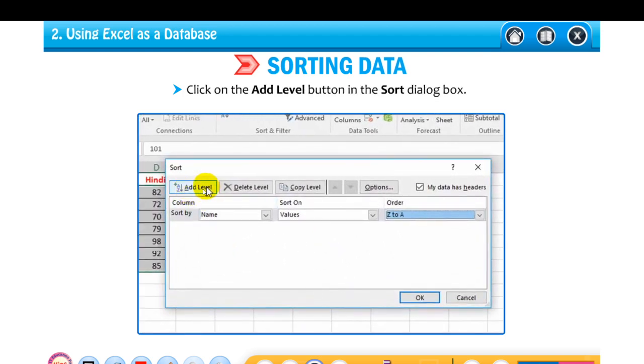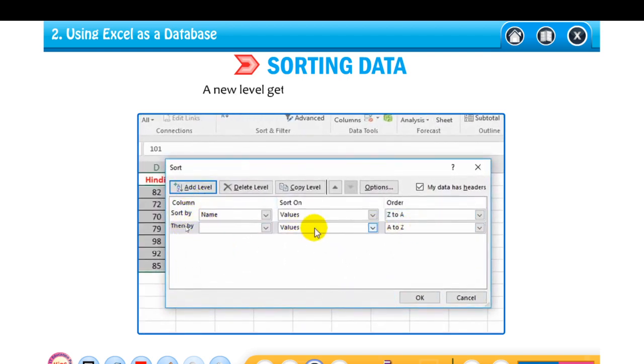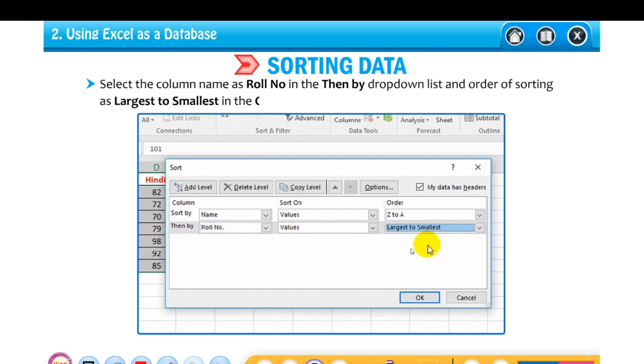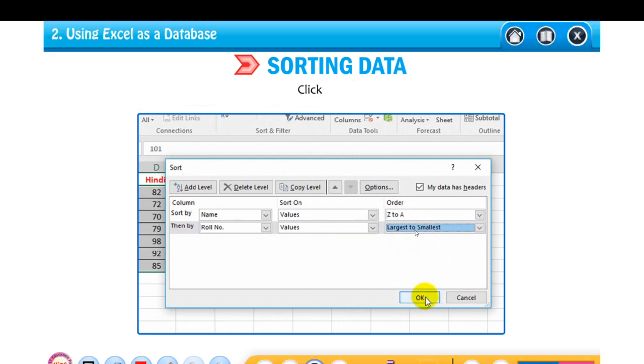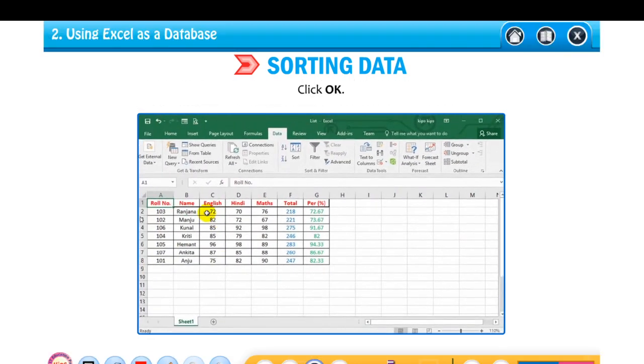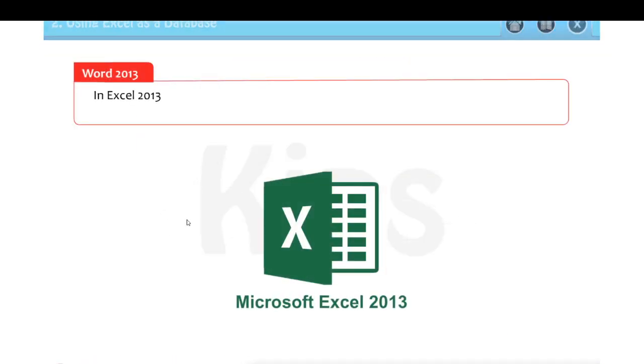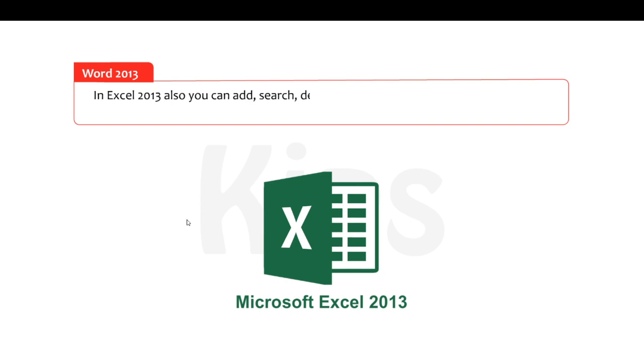You can add a level if you have to sort more than one time. Here we are sorting according to name and also according to roll number. Roll number is now sorted from largest to smallest. You can see now. See this. Now in Excel 2013 you can add, search, delete records using the form in the same way as you do in